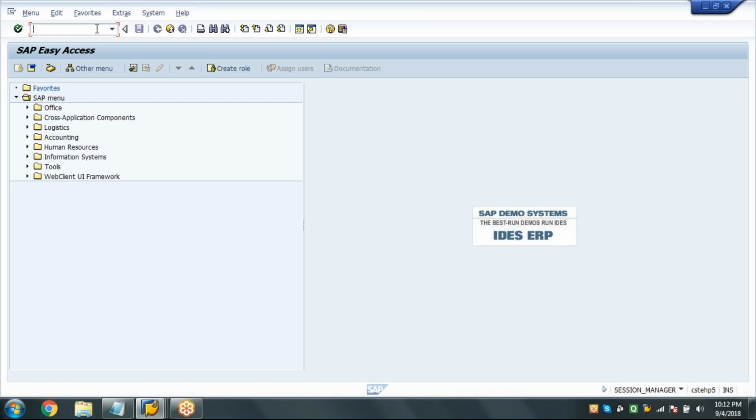So first you need to create a PO, create a GR, create an IR, then go to create a subsequent credit, MIR,